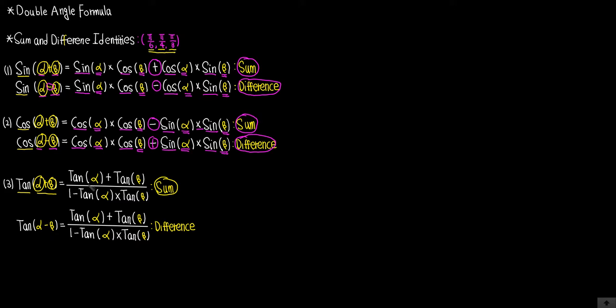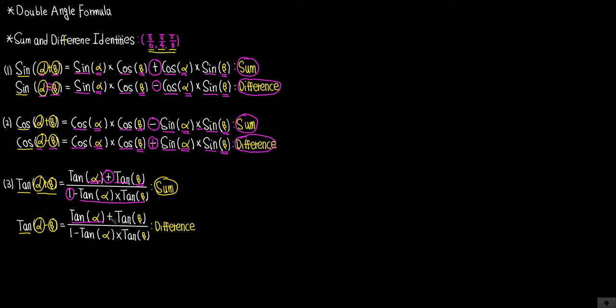Then the formula will be the tangent of the first angle alpha plus the tangent of the second angle beta, all of that over 1 minus the tangent alpha times the tangent of beta. Secondly, when we're thinking of this difference identity for a tangent, the tangent of alpha minus beta, then the formula will be the tangent of alpha,